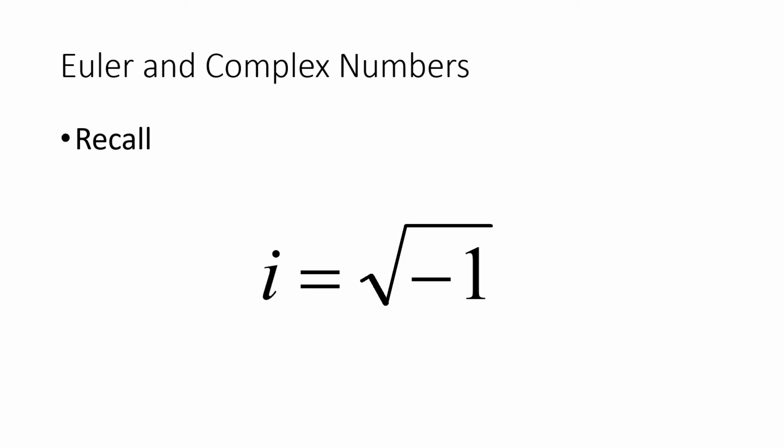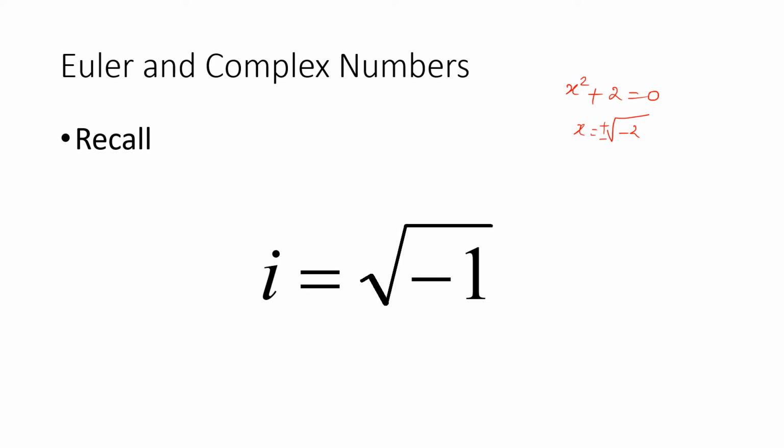And what is this i? Suppose I have an equation x squared plus 2 equal to 0. It is difficult for me to find the roots for this equation, because x will be plus or minus square root of -2. And even your calculator will give an error message because you cannot find the square root of a negative number.